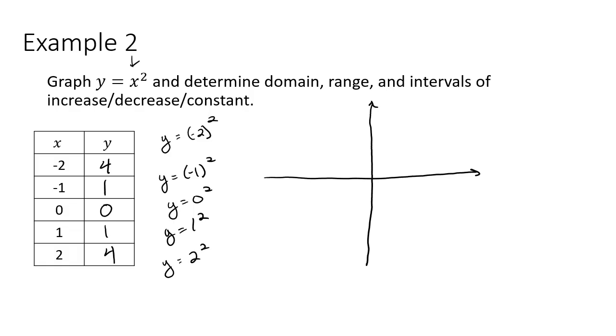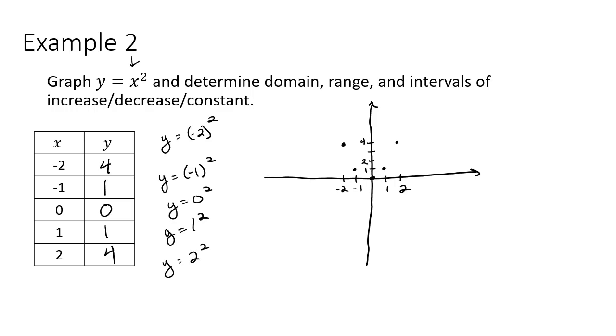All right, so I've got my x and my y-axis. My x values are going to go from -2 to +2, and my y values go from 0 up to a peak of 4. And now I'm just going to plot my ordered pairs. So we've got -2, 4, 2 to the left, 4 up, negative 1, 1. The origin, 0, 0, that's the vertex in this case, positive 1, 1,